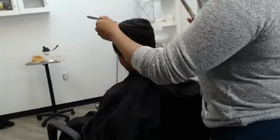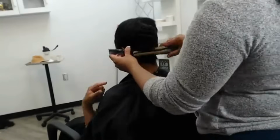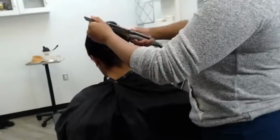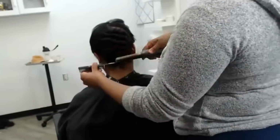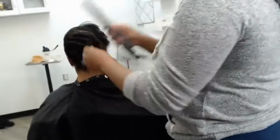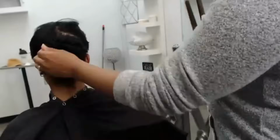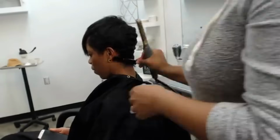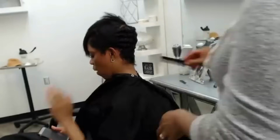I did not relax her hair 100%. I only relaxed her hair about 60%. That's what you learn in cosmetology school. You're never supposed to make anybody's hair 100% straight with a relaxer. And that's why when people are like, oh, anti-relaxer, the reason that y'all had cancer and all of those different things from relaxers is because y'all didn't follow directions and y'all used it wrong. I've never met a woman who did a relaxer at home who didn't leave the relaxer on her hair until her hair was bone straight. And then you do that, you get scabs, your hair is falling out. It's because you did it wrong. You're not supposed to do that. Anyway,